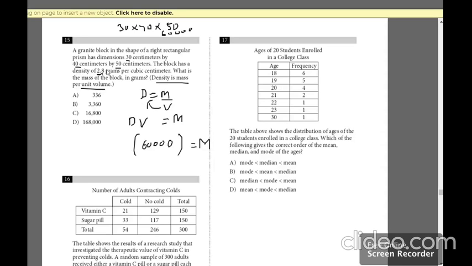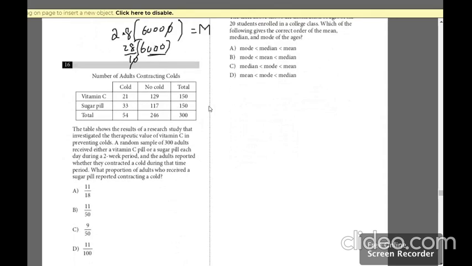And what is the density given there? 2.8. So if you closely work it out, you're going to get 28 by 10. The zeros go out. So 6,000 into this, it means 28 times 6,000. So you're going to get the answer 16830. So this is your solution. Quickly moving on to the next one.